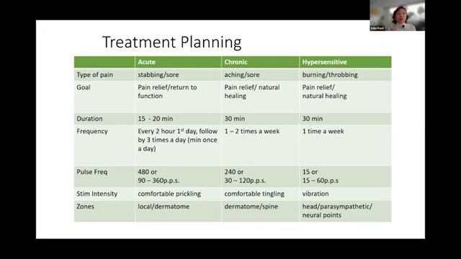So if you want to make a clinical judgment, if you want to decide what to do with the patient, you need to assess the patient in these three categories. Is my patient acute? Is my patient in chronic pain, or is my patient hypersensitive? A hypersensitive person could be acute, okay? But